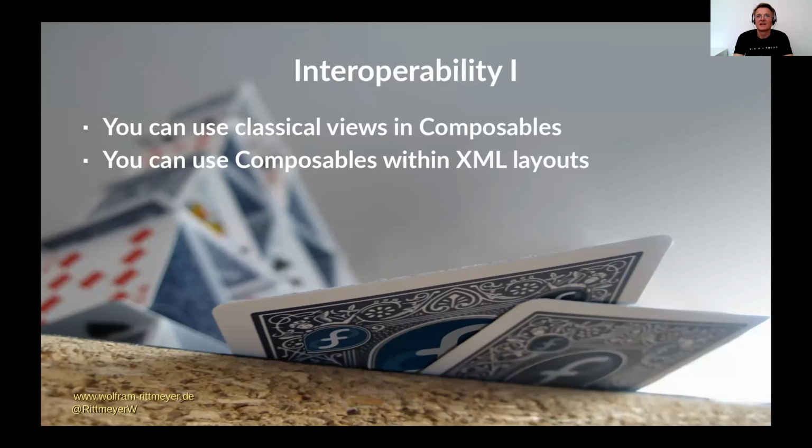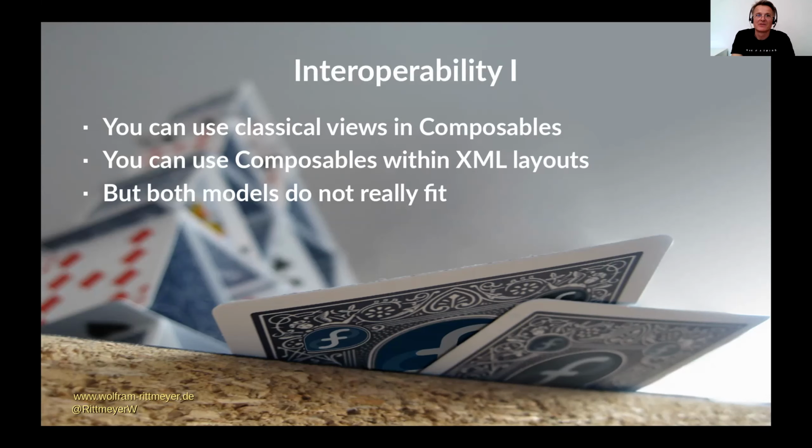So let's talk finally about interoperability. First of all, interoperability with old views. Yes, I actually haven't used it yet. But from all what I've seen, it is possible, but I'm not sure if it's a good fit because the programming models of both worlds are very different. I'm not sure how well they really will interoperate with each other. That's something I have to dig into a bit more, and that has to be made more explicit.